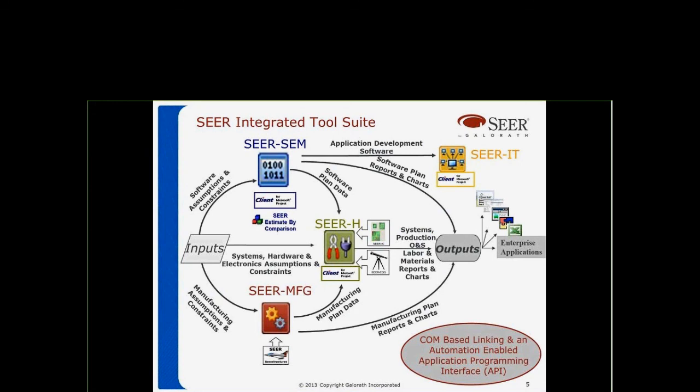This chart represents our tools: the software, the hardware, the IT model, and the manufacturing model. But what I want you to take away from it, first of all, is that H is the cornerstone where all your estimates can reside. So you can start out with target cost estimating in H, and you can utilize all the other models and attach those estimates. In the case of manufacturing, you actually replace the parametric estimate in H with the manufacturing detailed